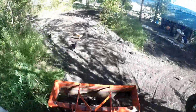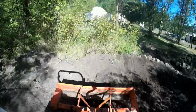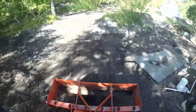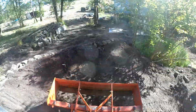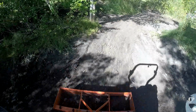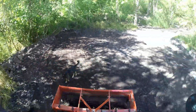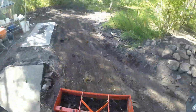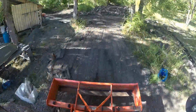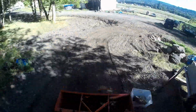The box blade is great at picking up dirt and then kind of dragging it along and depositing it in any low spots. So it excels at this particular type of project. The only real challenge with a box blade is the ground has to be pretty dry. If there's a lot of sticks and twigs, then it does a decent job of kind of gathering them up. I ended up dragging most of those just kind of over to the side of the driveway, and I still need to go clean them up, but